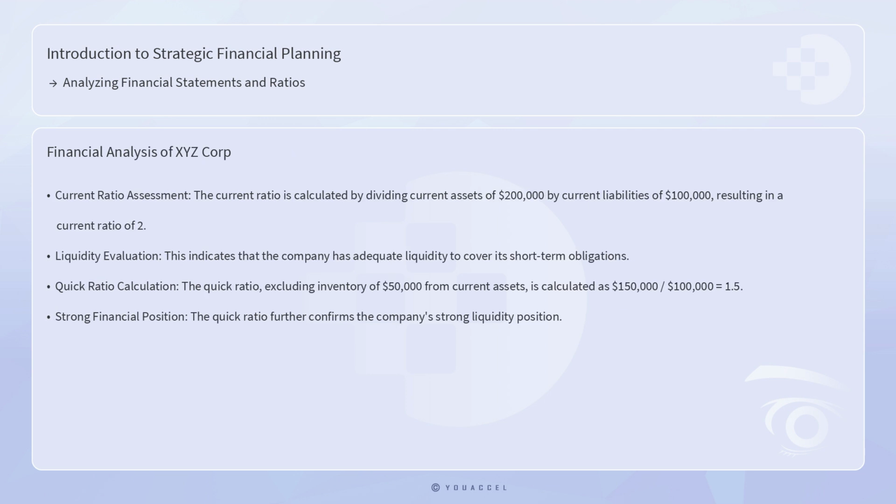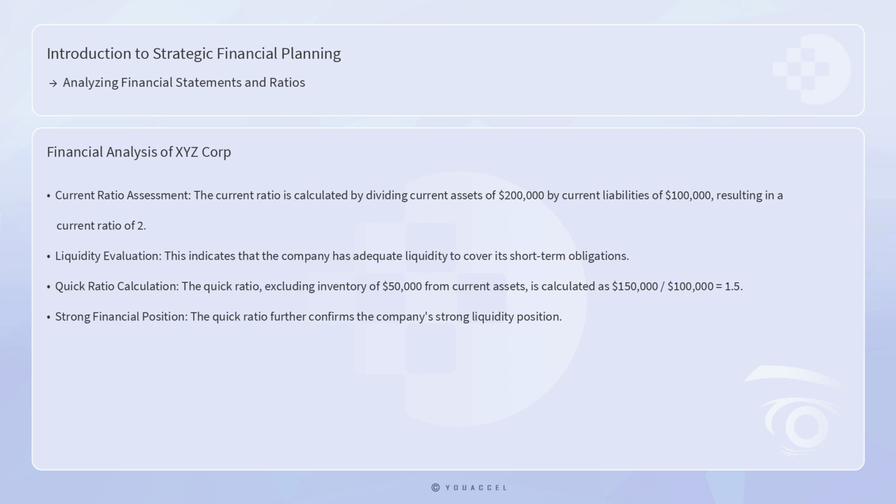Analyzing XYZ Corp's financial statements, we calculate the current ratio by dividing current assets of $200,000 by current liabilities of $100,000, resulting in a current ratio of 2. This indicates that the company has adequate liquidity to cover its short-term obligations. The quick ratio, excluding inventory of $50,000 from current assets, is calculated as $100,000 equals 1.5, further confirming the company's